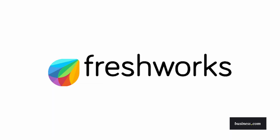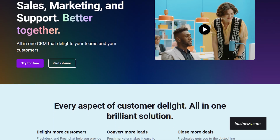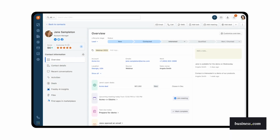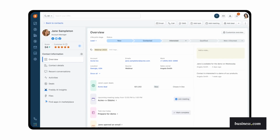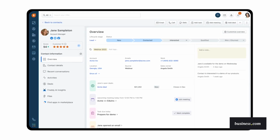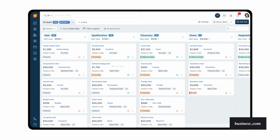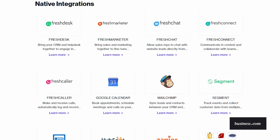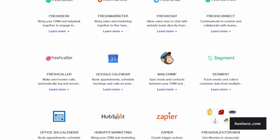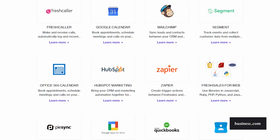Freshworks Freshsales includes all the core CRM features a business needs to manage and support customer relationships. For starters, Freshworks CRM centralizes customer information, providing a 360-degree view that enhances customer interactions. The platform's AI capabilities offer predictive analytics and smart recommendations. And Freshworks also easily integrates with popular business tools, streamlining workflows and enhancing productivity across sales, marketing, and customer support